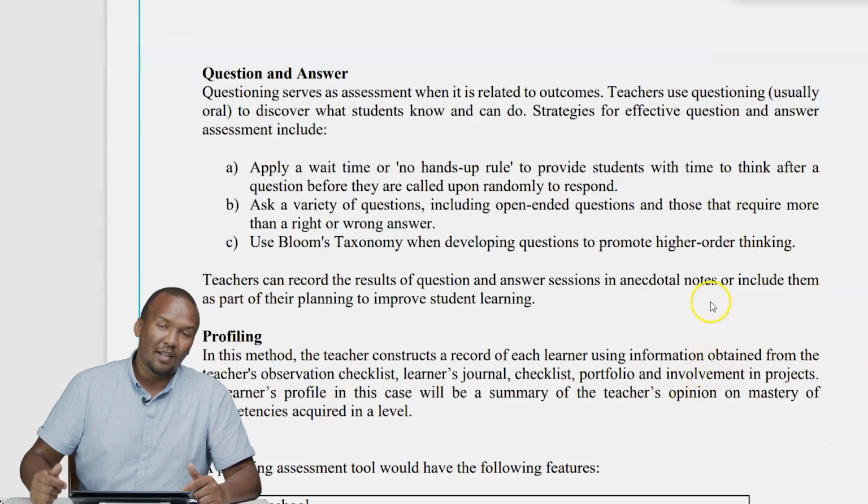Because if you look at a portfolio at the end of the term and you make a judgment based on what you're seeing in the portfolio, that becomes summative. But the same portfolio, you can use it as formative. As I said, what makes an assessment what it is is the intentions of it. I digress. Question and answer is another type of